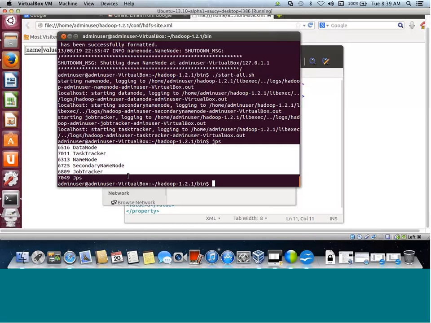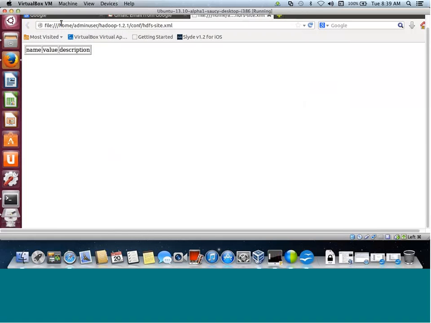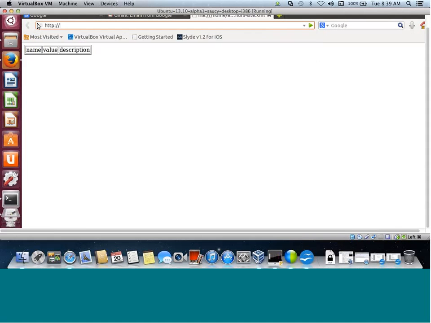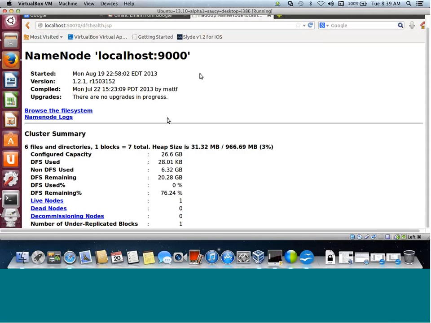Okay, fine. Now comes our last test. Once we are getting all the processes, we can check whether your web server has started up properly or not, or whether it's able to show you the tracker or not. So I'll go here and I'll simply specify HTTP, localhost, followed by 50070, this is default, and if you see, it shows me name node localhost 9000,